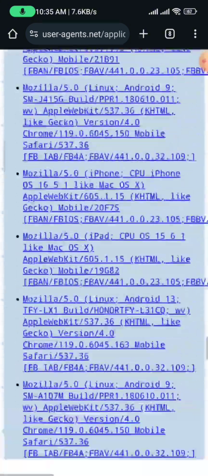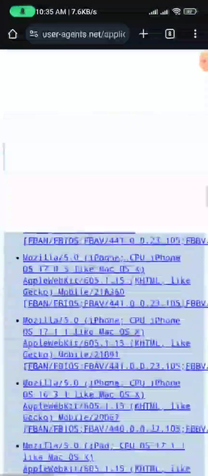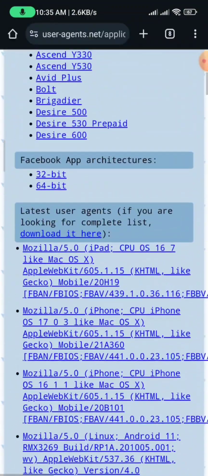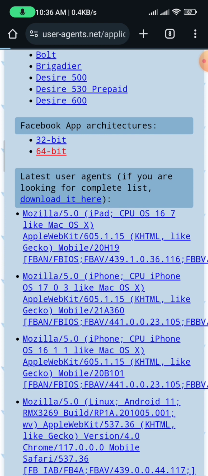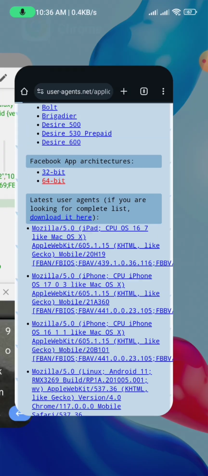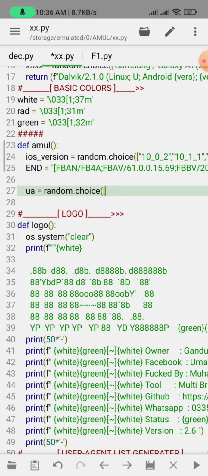Okay, I have gotten a lot of user agents. Let me copy this. Copy link text. Use 64-bit. It will generate more IDs. Okay, first of all we need to